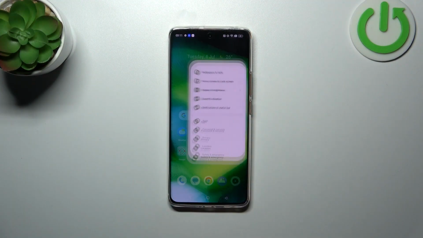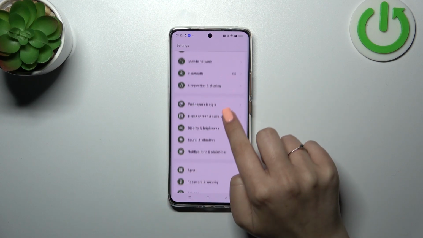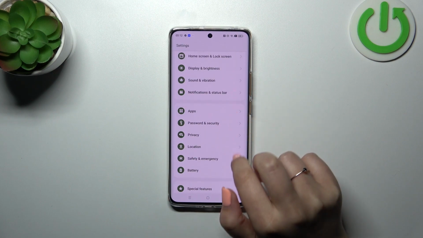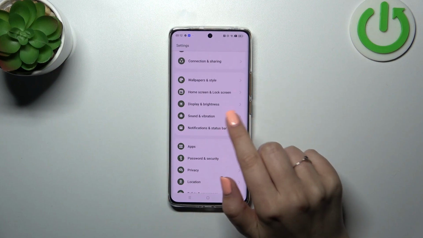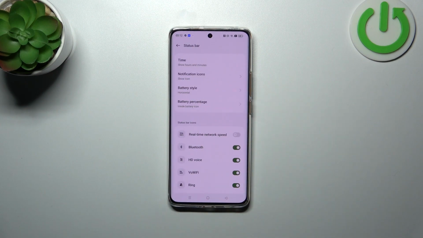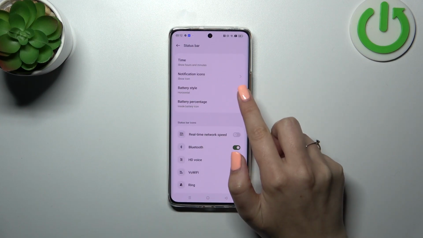So first of all, we have to enter the settings, and then let's scroll to find notifications and status bar, which may be quite confusing because usually we will go to the battery, but let's tap on the notifications and status bar. Now let's tap on the status bar, and as you can see here we've got two options which